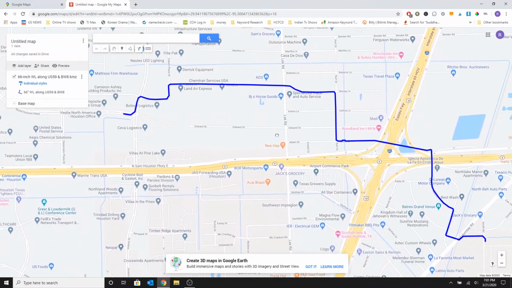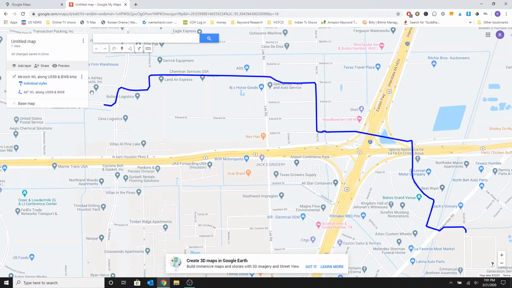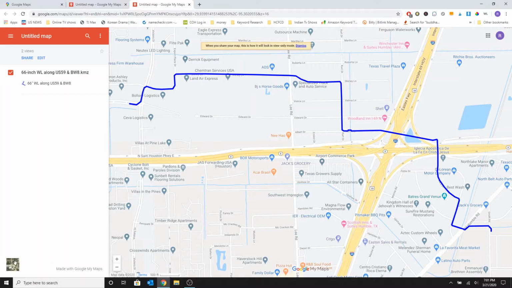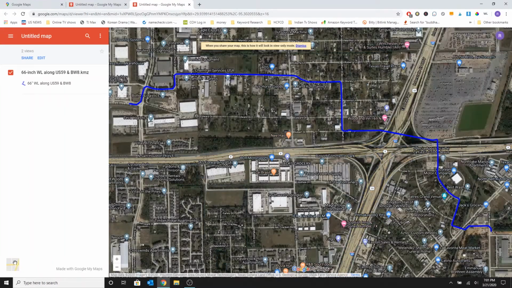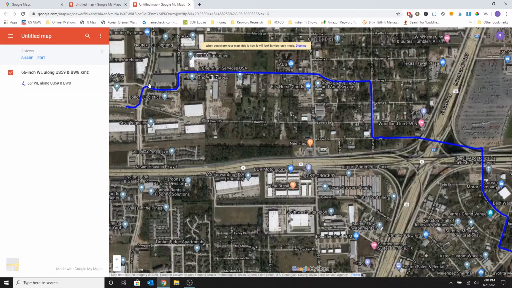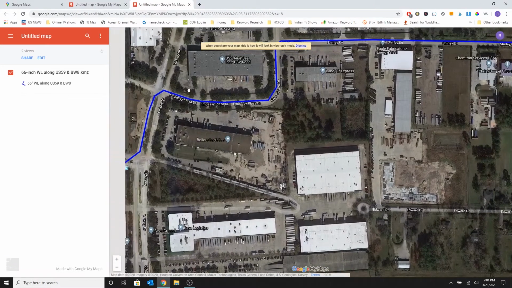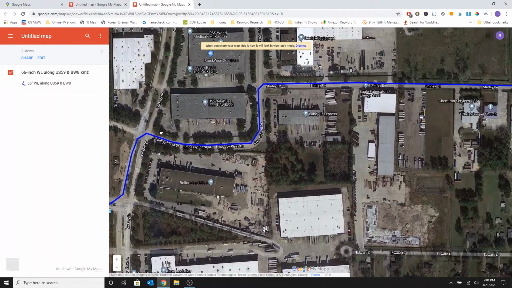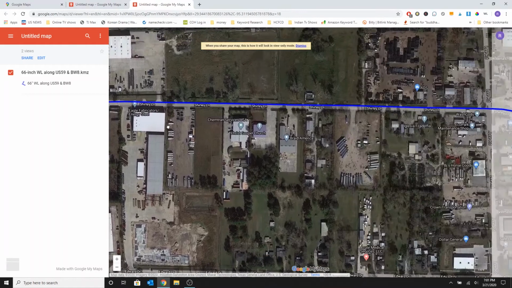Hello everyone, in this video I'm gonna show you how to upload a KMZ file into your Google Maps. A KMZ file can be created using a GIS layer exported as KML and then converted to a KMZ file. Once uploaded into your Google Maps, the layer can also be viewed in the Google Maps app from your cell phone